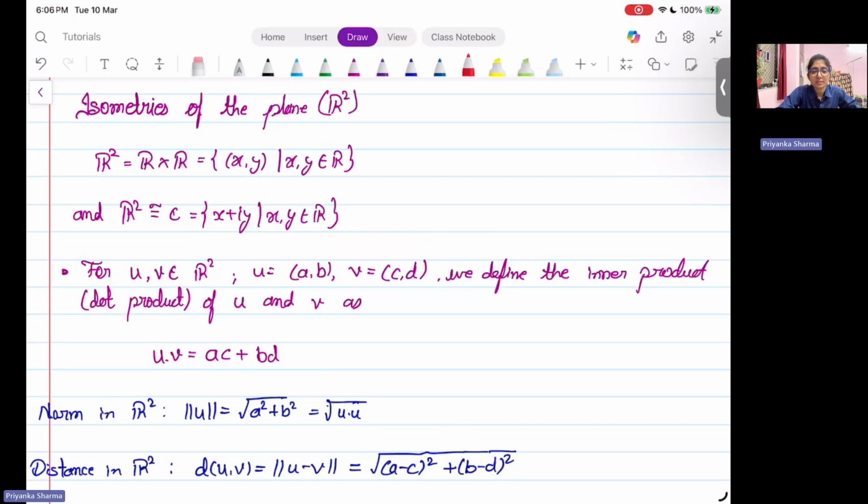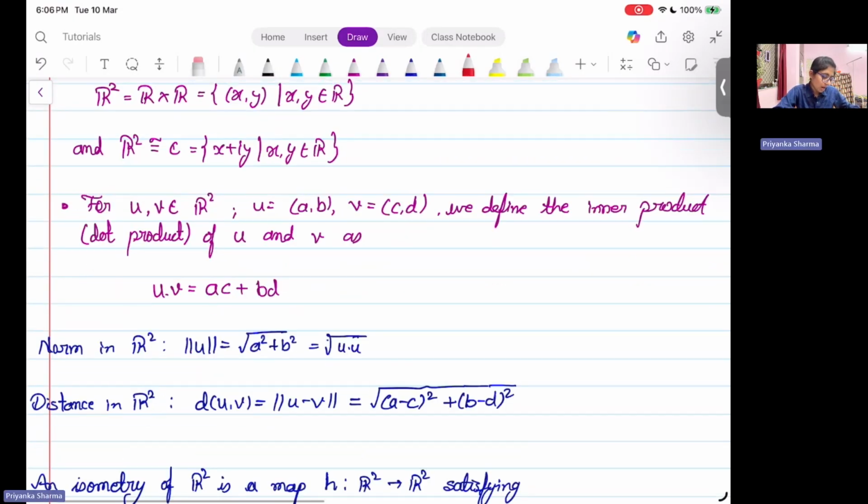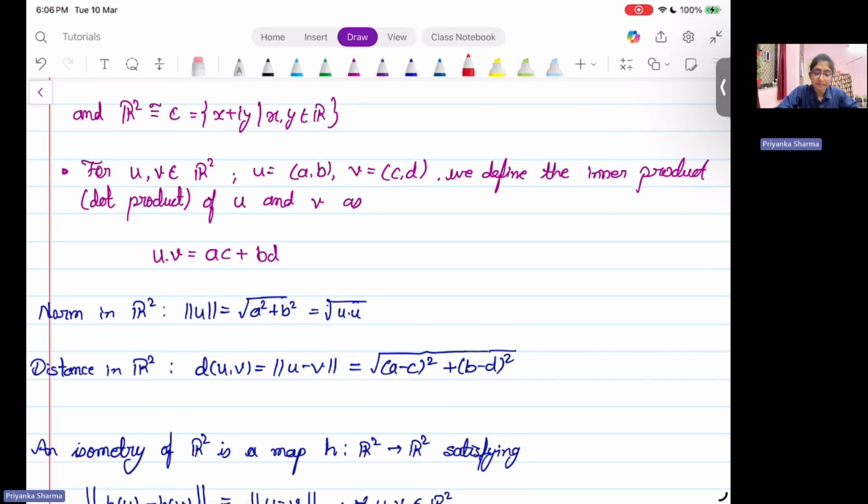This is the collection of all tuples (x, y), where x and y come from R, or it can be represented as x plus i y. How do we define the inner product, which is the dot product in R square? Suppose we have two elements, u and v in R square, which are tuples. If u is (a, b) and v is (c, d), then to define u dot v,